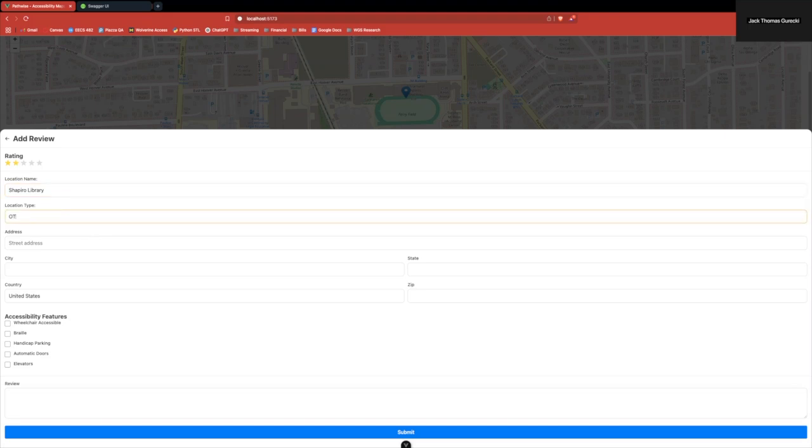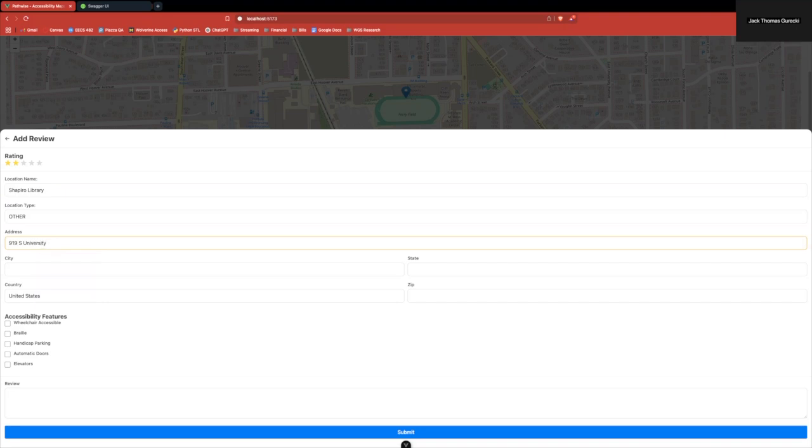Right now we just have other for a place like a library, but we do have tags like restaurant, cafe. And then for address, we are just going to put the address of the Ugli, South